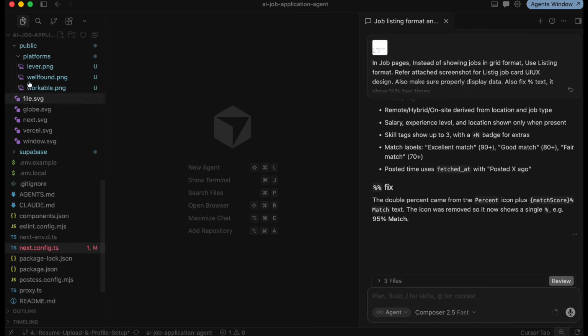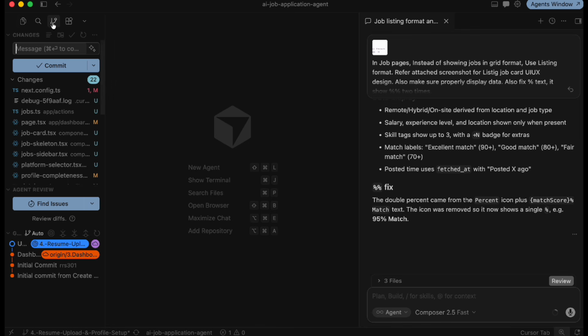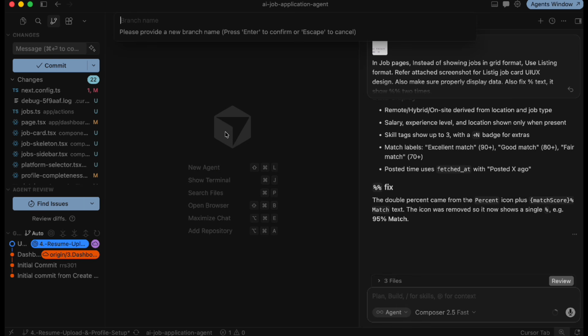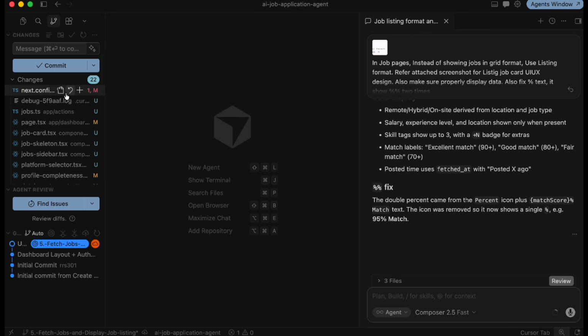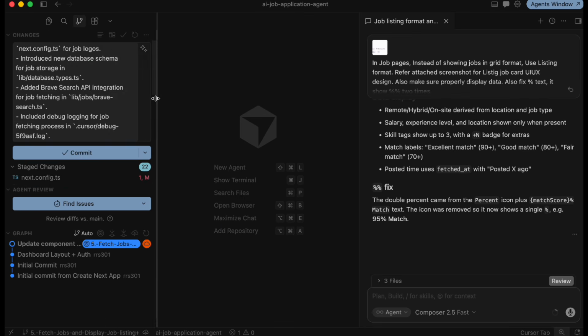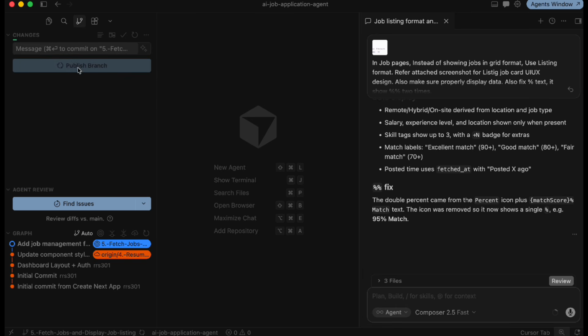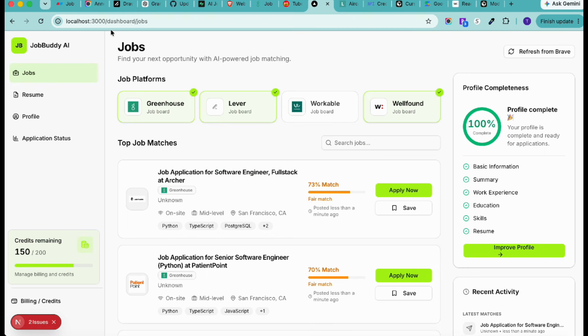So we'll go back to the cursor, and then under the source control we are going to create a new branch. So we'll say branch, create a branch, and then we'll add a branch name. So we'll say display or fetch jobs and display job listing. After that, I will stage all of these changes. Then I will tell AI to give a proper description, right? Once you say commit, make sure to publish your branch so that we can create a pull request